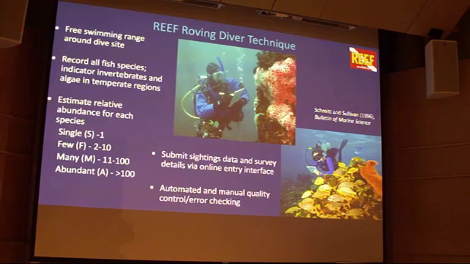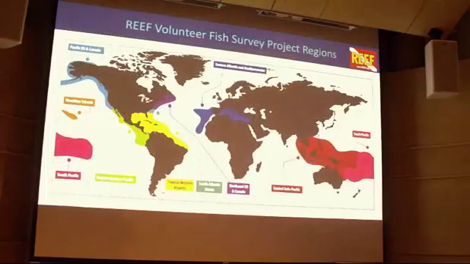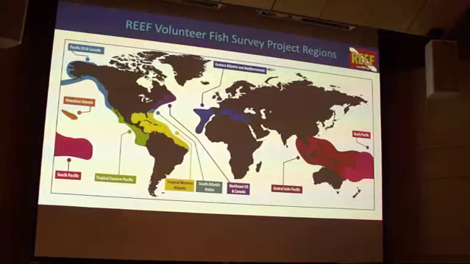The general method was field tested and was published in the Bulletin of Marine Science in 1996. And so we started in 93 in South Florida, and this is our map today. As you can see, we're conquering the world, one region at a time. We're currently working on the Western Indian Ocean and Red Sea, and then we'll be good for a while, I think. That same method, our same basic survey materials and training sets, happen in every single region. So it's allowed us to modularize. Obviously, the fish are different.